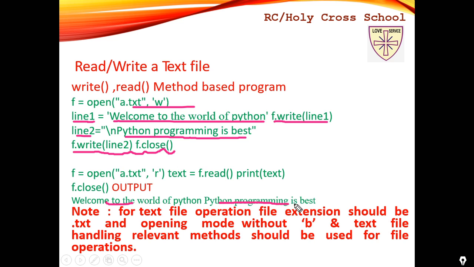Okay, so this is your second line here, understand? Again I am going to open a dot txt in read mode. Then I take a variable text equal to f dot read, then print the text. This variable I am going to print here. Then I am going to close it. Right, so this is how we are going to read and write. I am going to show it to you in programming. Right. Okay, let's go ahead.